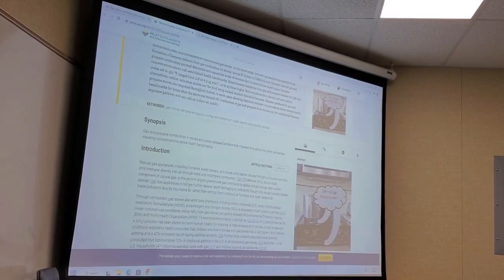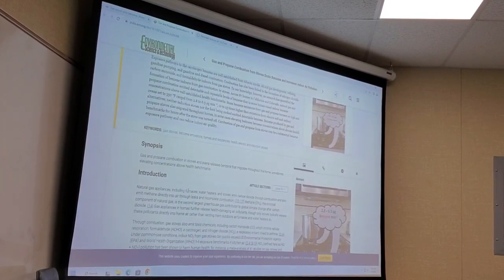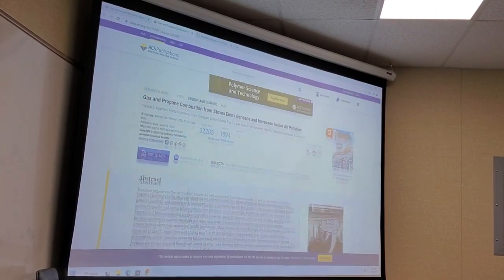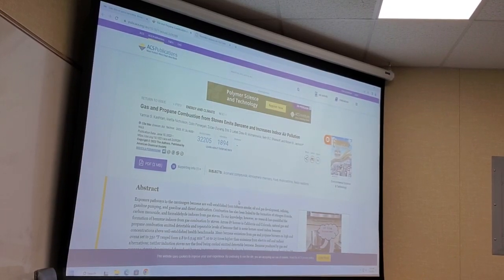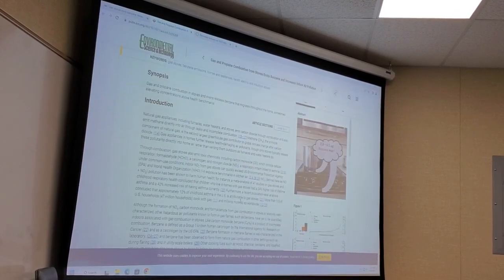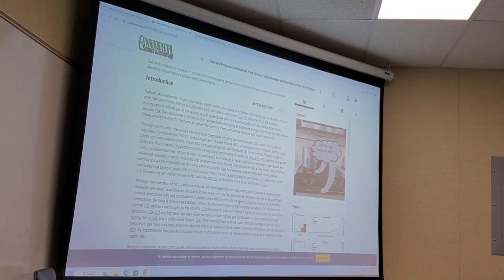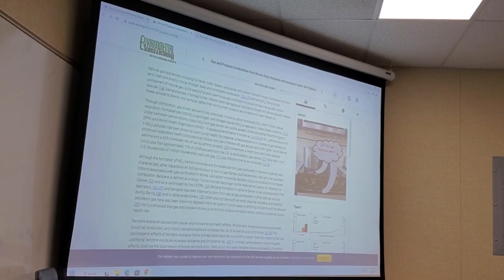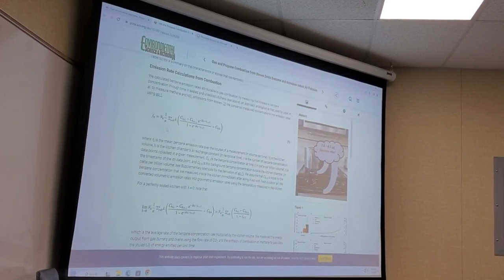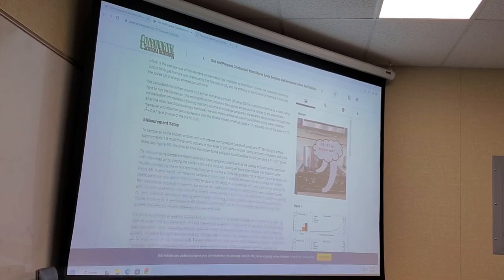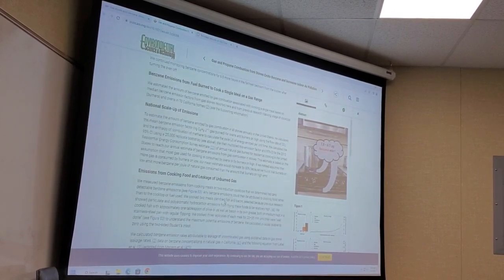Okay, so I want to show you, I'm not going to go through this whole thing. You can Google search, I just Googled "gas stove study." You can do that if you want to. This is just one that I happened to find really quickly. And what I want to show you, most importantly, they talk about all the different gases and such, but I want to take you down to, ooh, look at that. Oh, sorry, we're not going to talk about that weird thing. I want to show you